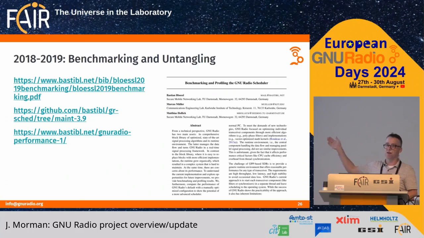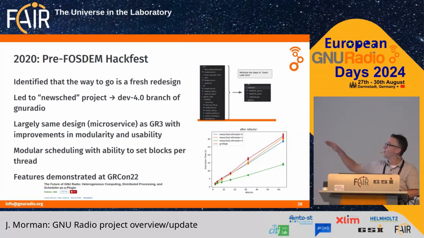So Basti took the GR3 code base. He benchmarked it in a very thorough way and showed how much throughput you could get through a flow graph using however many cores and however many threads you're running, and then in a way that represented what you could do by matching the number of cores and threads, showed that you could get this like 2 or 3x performance boost by doing that. And in this project, we were able to show actually in a GNU Radio-like implementation, something that